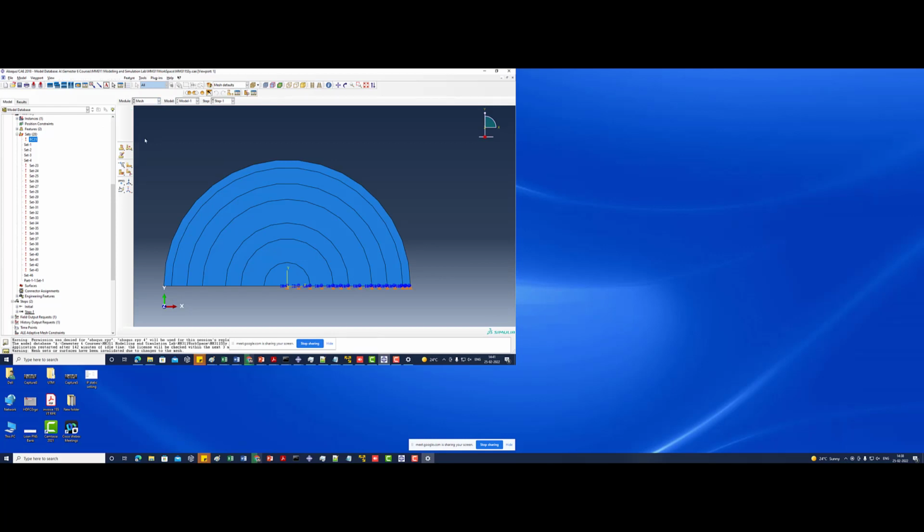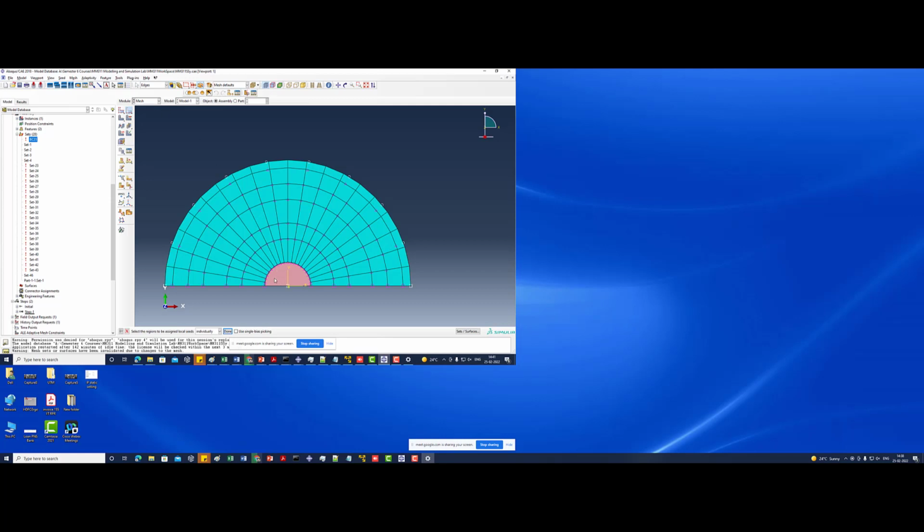Before that we have to mesh it. And we have to mesh it in a very nice way so that we get these meshing lines at predefined angles. In order to do that, we will have to assign local element size. So we take this inner circle and select that and say that I want 20 number of elements there. You can increase it, you can decrease it. Let us say that I make it 50